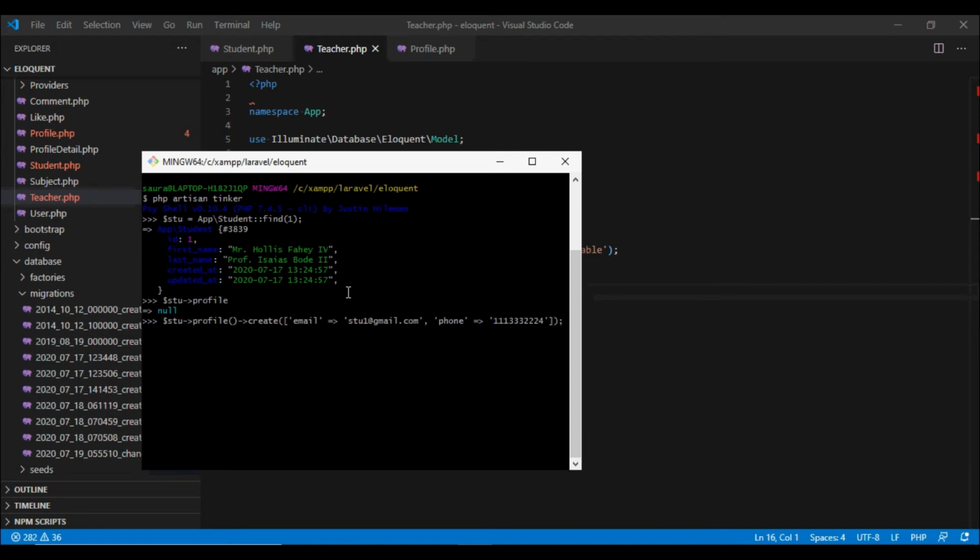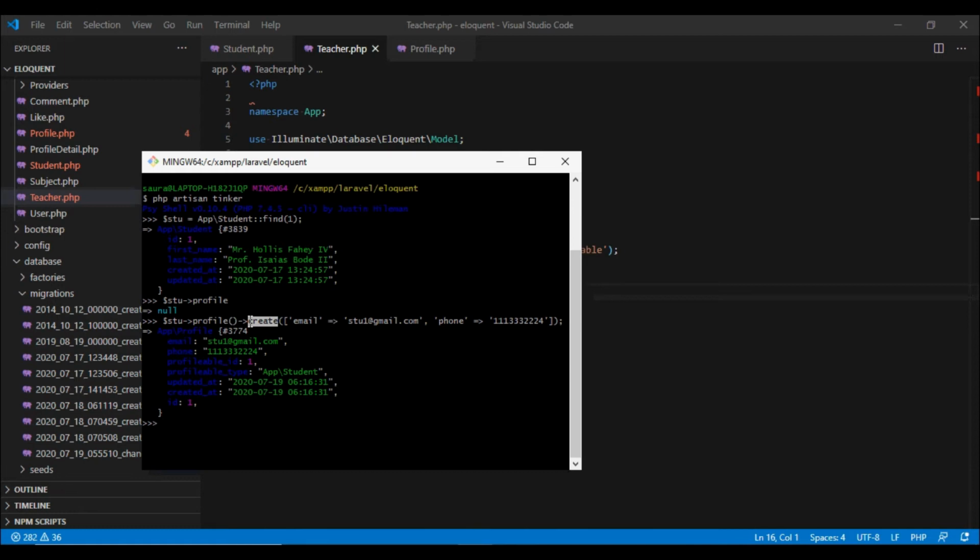Now we are going to save it, and we will see that Laravel will automatically populate profilable_id and profilable_type. If you see closely, it has stored profilable_type as App\Student, and profilable_id contains the id of the student. So this way you can still use the create method to store the has one relationship. Laravel will take care of everything else on its own.